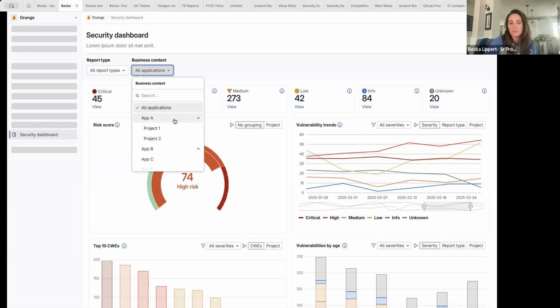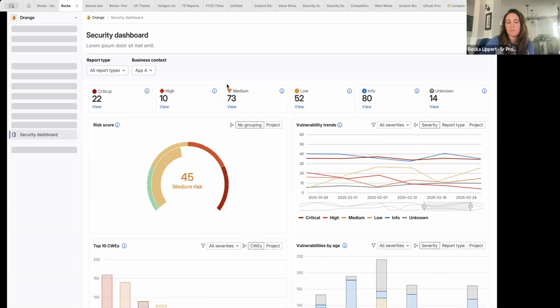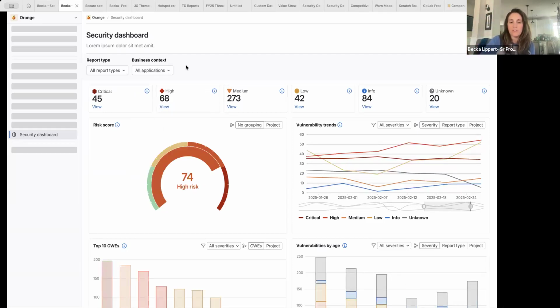So I should be able to see a group or an application and then the projects within it. I can remove a project from view. I can apply all projects, but just know that is something else that we're looking at, being able to go outside of the group constraints that we currently have. So let's say that we are looking at all relevant applications that I, the AppSec engineer, am responsible for